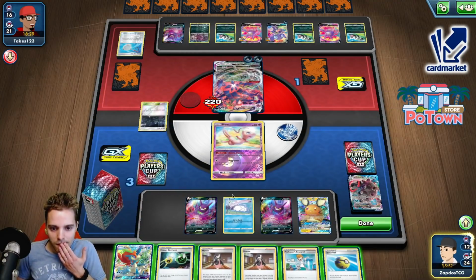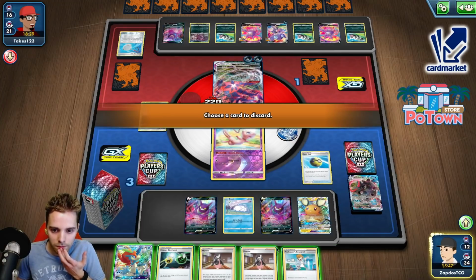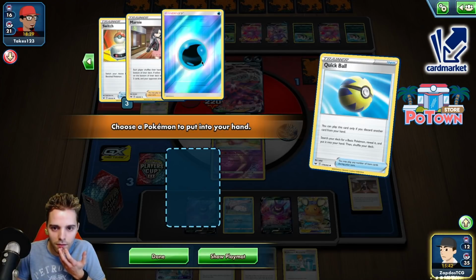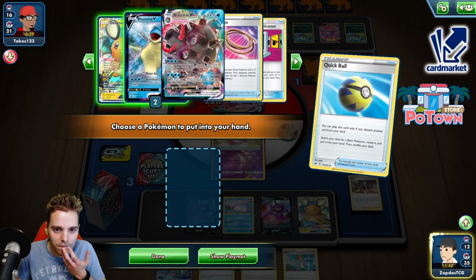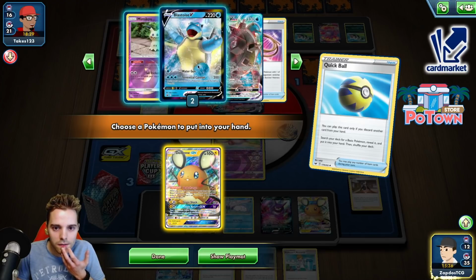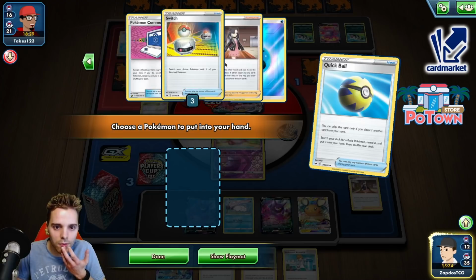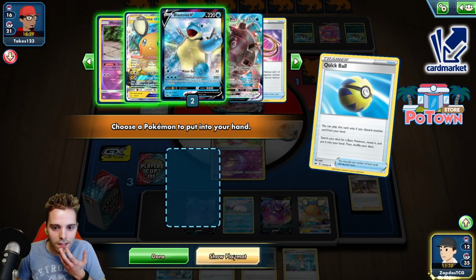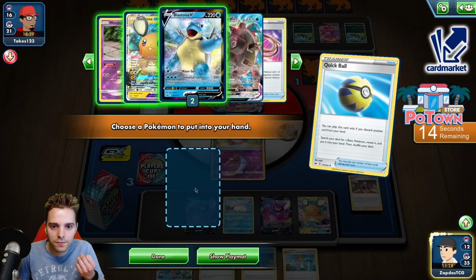Alright, folks. Energy retrieval. I think there's only one stuff left, right? There's only one energy in there. Quick Ball, the Dedenne-GX is a nice option. We also have some more communication. We have 1 communication left. We can accelerate energies, but we cannot Dedenne in this turn. Unless...